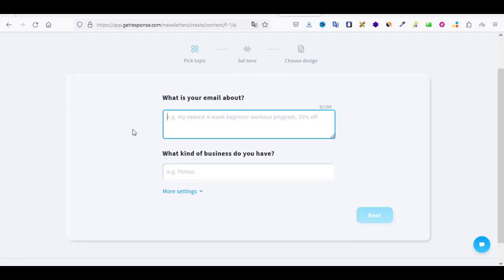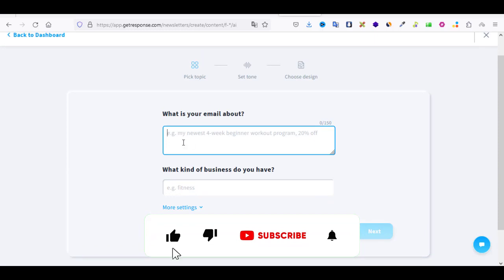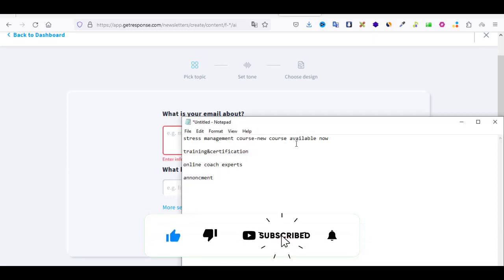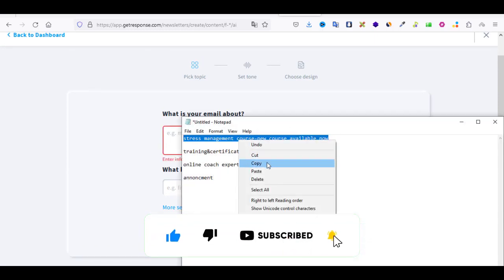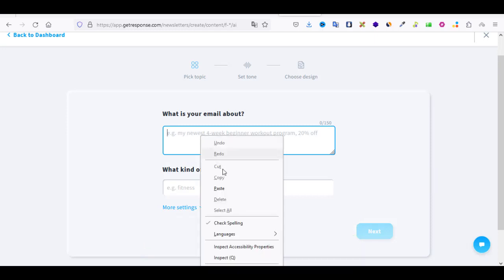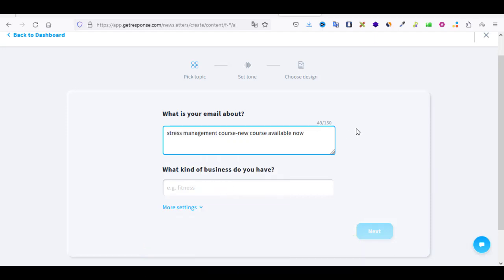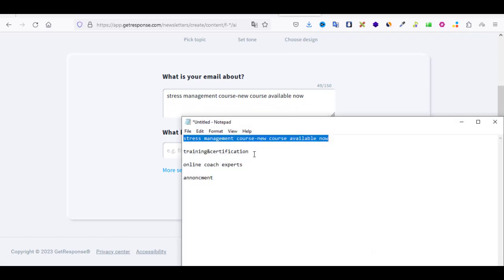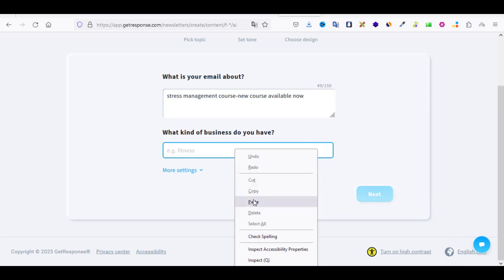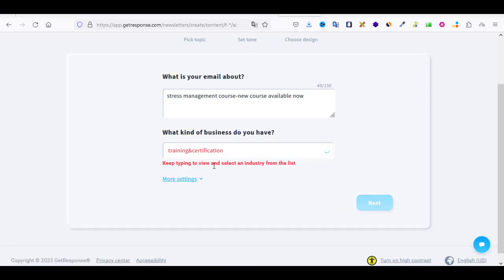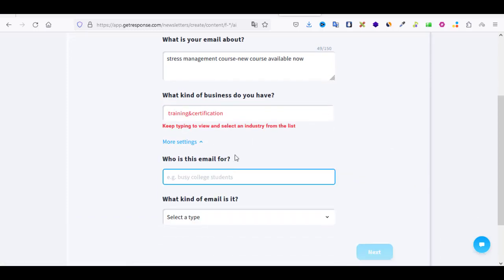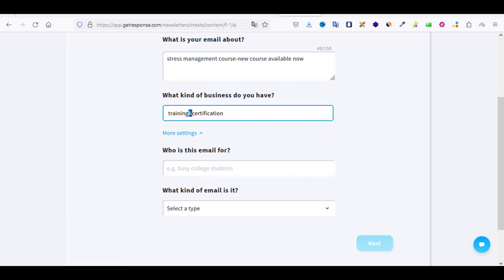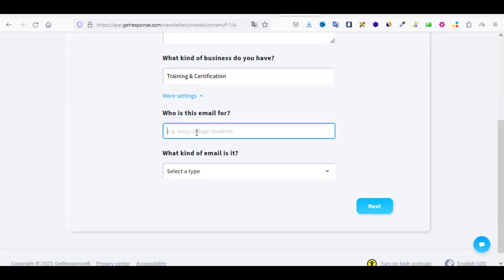We click more settings because we want to target this email to a specific audience, so you know who the email is for. They're looking for new tools and strategies to improve their coaching skills, so they're more interested in what you have to offer. Now let's decide what kind of email we want to create. Because we're in the mood to create an exciting announcement, make some noise and